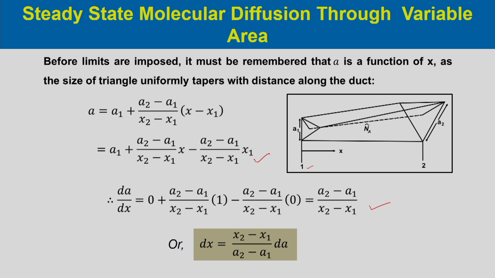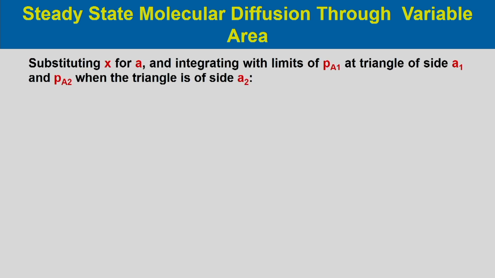Therefore, dx would be equal to (x2 minus x1) divided by (A2 minus A1) into dA. So, we have a relation between dx and dA. Now, if we substitute x for A and integrate with limits of partial pressure of component A at point 1, where the triangle is of side A1, and partial pressure of component A at point 2, that is PA2, when the triangle is